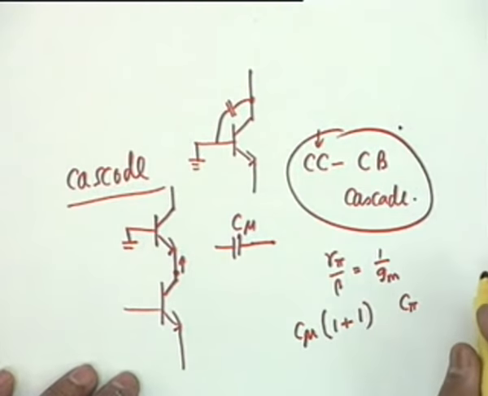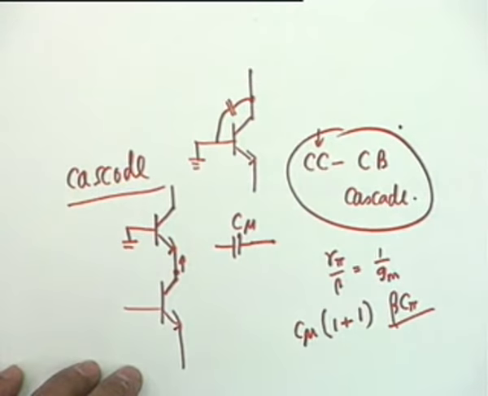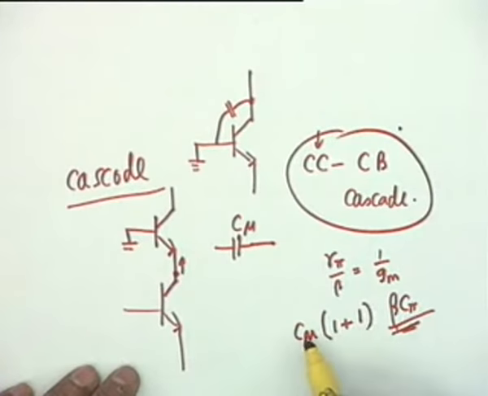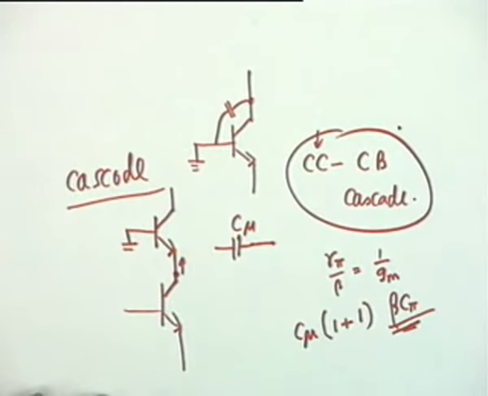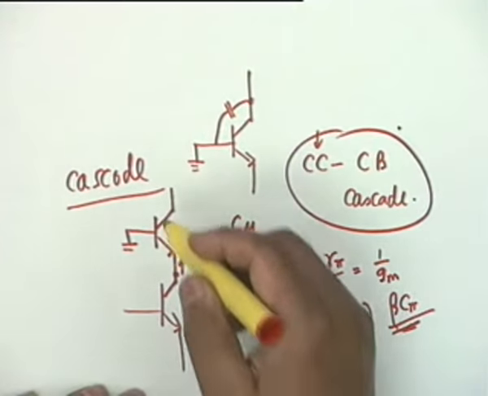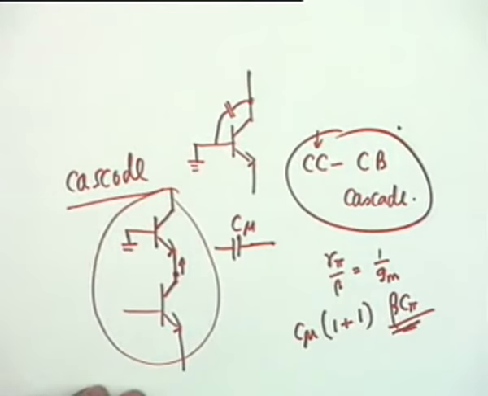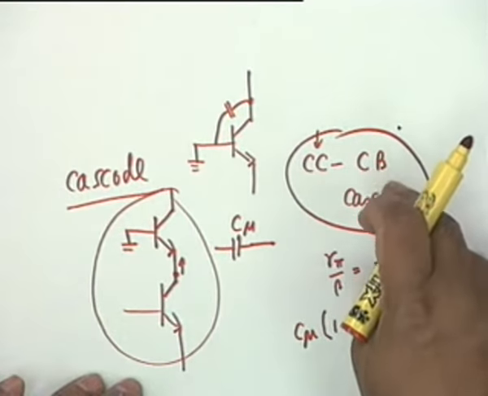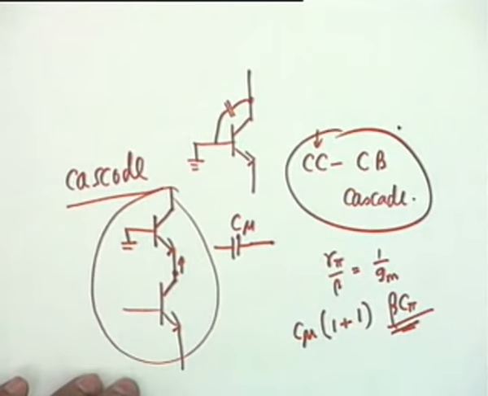Does it come that way? R pi by beta? Oh, it comes as beta C pi. It comes as a large capacitance. Right? Large capacitance has very low impedance. And therefore its effect on C mu will be negligible. Okay, this is called a cascode combination, and next time we will discuss these two circuits qualitatively and then go into broadbanding techniques.